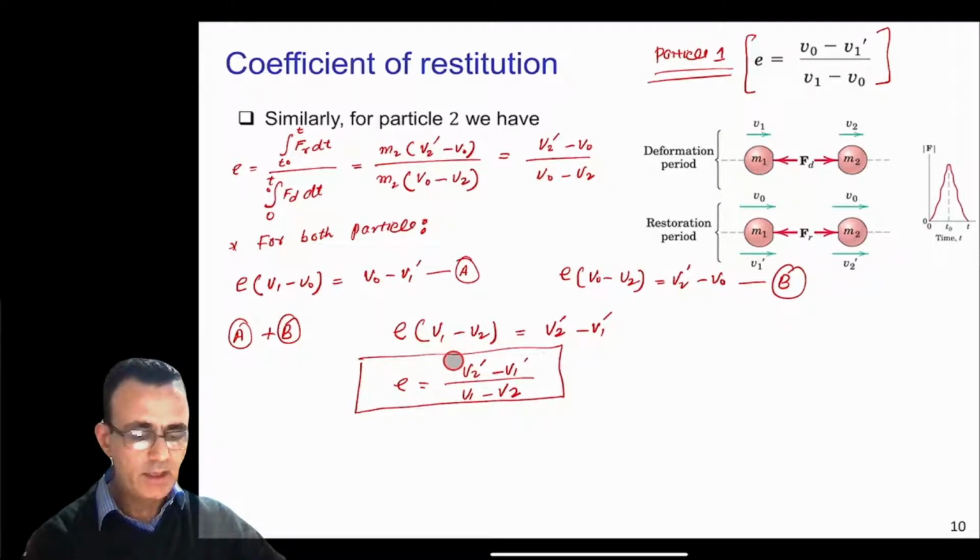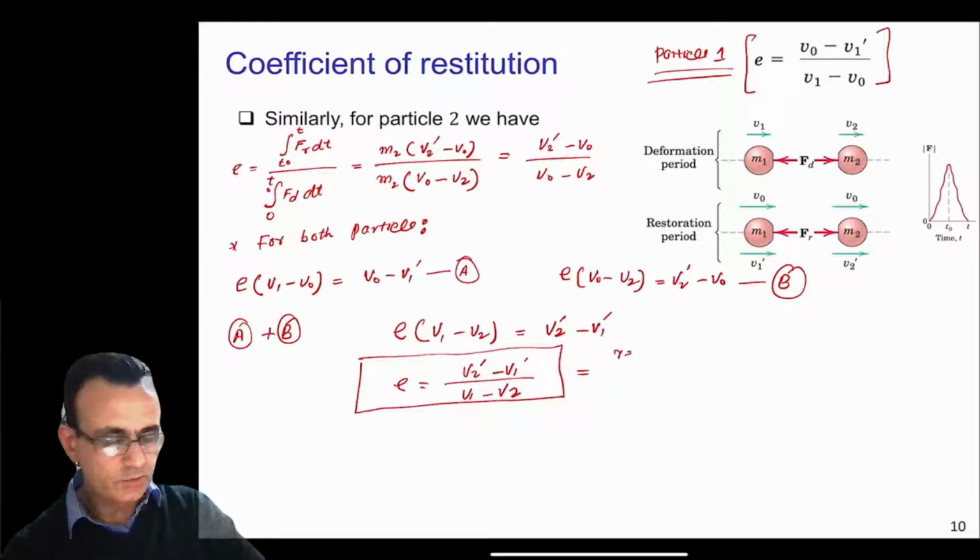So now we have two equations and two unknowns, which we can now solve. Now this equation you may think is hard to remember, but it's very easy to remember. If you look at this equation here, what we have on the left is v2 dash minus v1 dash, which is just the difference of the velocities after impact. So v2 dash minus v1 dash, you can write as the relative velocity,